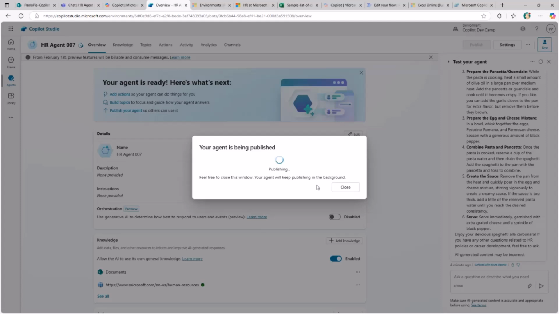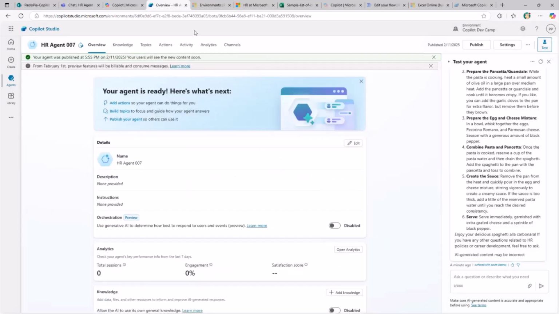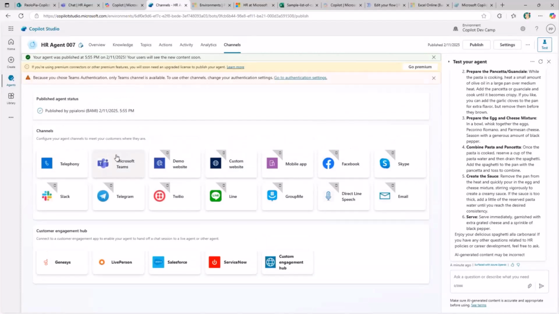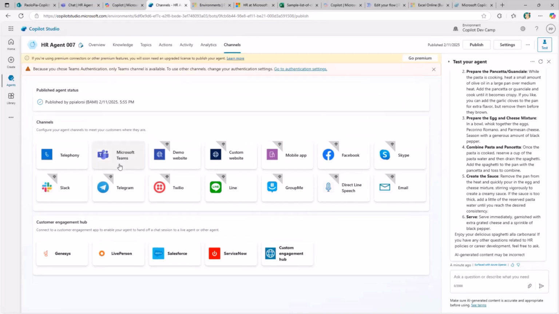In the channel section of the agent, we can choose multiple channels, which can be Microsoft Teams, can be a website, can be Slack, a mobile application, and many more. There are more than 10 different channels that we can use. By default, every agent that we create with Copilot Studio will rely on the native Microsoft Entra ID authentication, and it will be possible to publish those agents on the channel for Microsoft Teams only. If you want, we are not going to see that right now, but you can customize the authentication settings for your agent, and you can target additional channels.